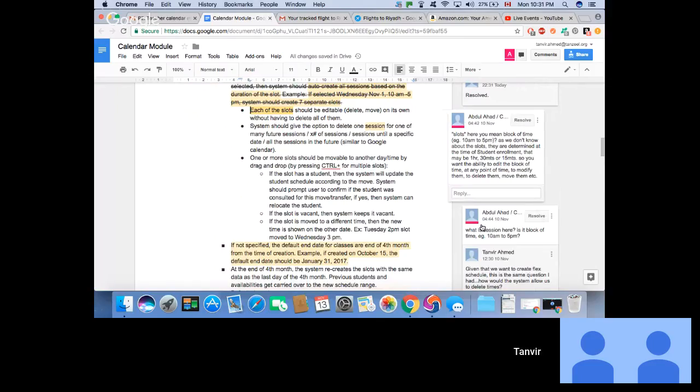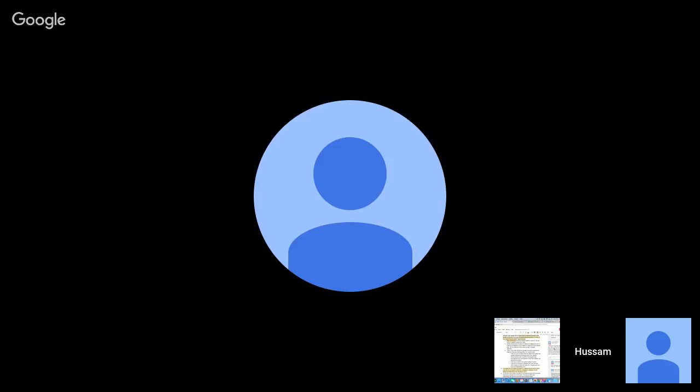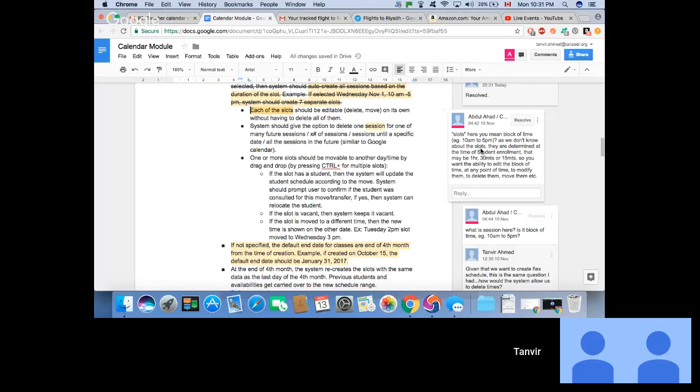Next one is slots. The end of the slot should be editable. So it says slots here. You mean a block of time, 10 a.m. to 5 p.m.? You want the ability to edit the block of time at any point to modify them. This is a good question. I don't have the perfect answer for this, but maybe inshallah we can brainstorm. In terms of being able to edit or delete,